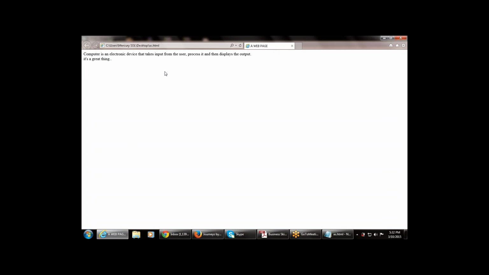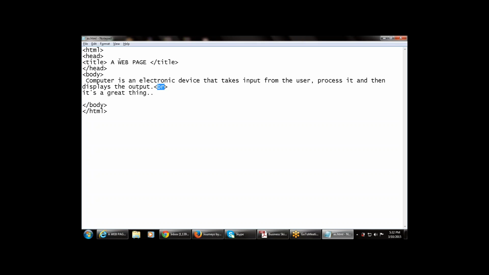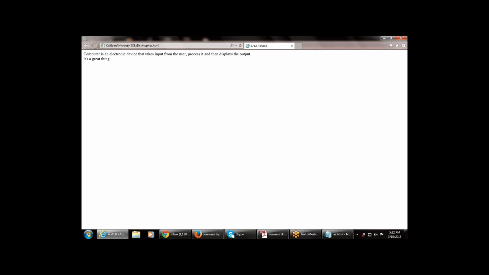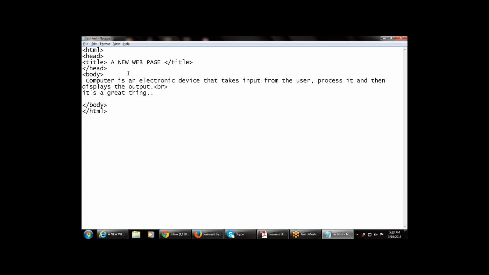This is how HTML works, or how we are using the HTML tags or HTML codes in the HTML language. Now if I change the title to a new web page, and if I save it, that is Control S, then if I refresh it, the title bar will be changed to a new web page, right? So if I change, simply save in the notepad and simply refresh the browser, either Internet Explorer or Google Chrome, and then when I refresh, the new content will be displayed